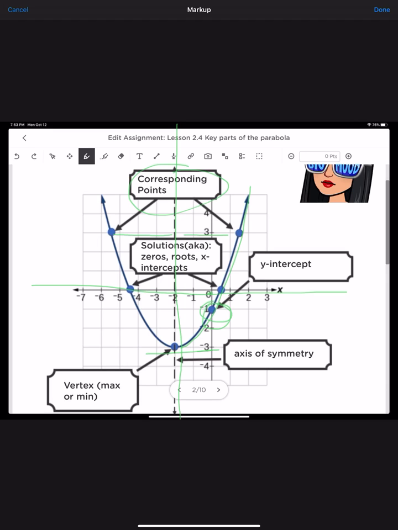Easy. If we look at our parabola, it looks like a smile. It is smiling, kind of like this. So if it is smiling, I have a minimum. Why do I have a minimum, Ms. Gonzalez? If I'm smiling, I'm happy, I should have a maximum. No. You have a minimum because this is the smallest number on your y that it is going to